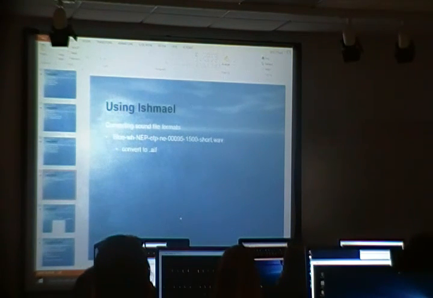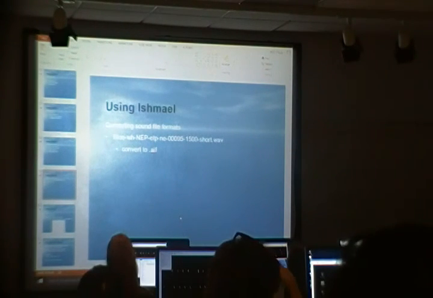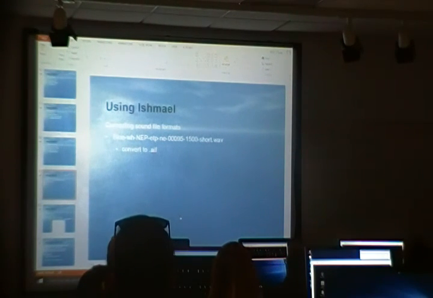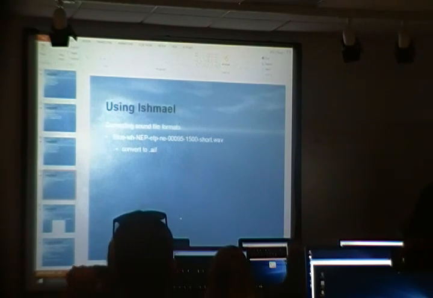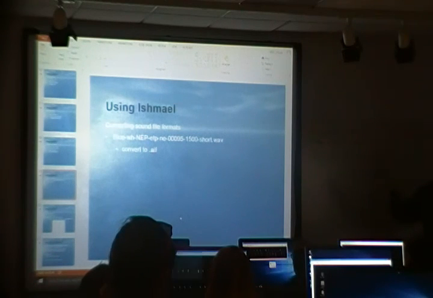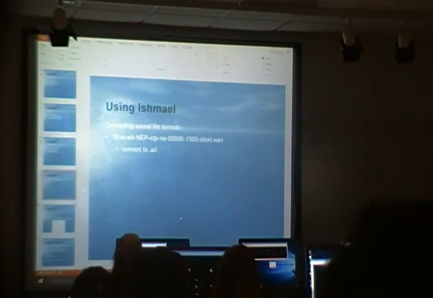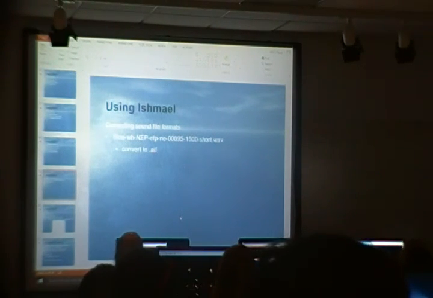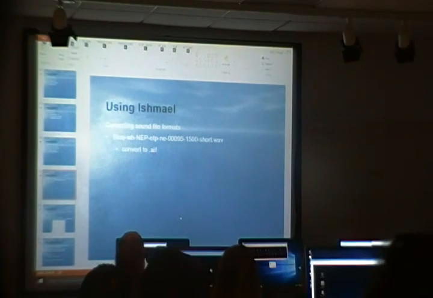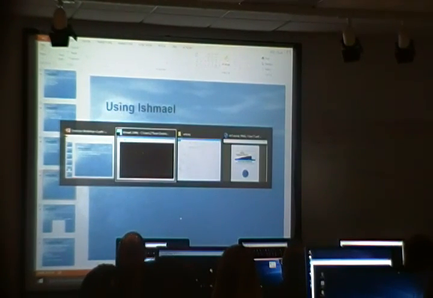Converting sound file formats. This is a kind of useful thing that Ishmael will do. If you have sound files recorded in AIF format, you want to convert them to WAV files, or you have one of those sound file formats that's not a native sound file, when we're opening that DAT file, you can convert them to a WAV file using Ishmael. So let me show you how to do that. We're going to do it with this whale file. We're going to convert it from a file to an